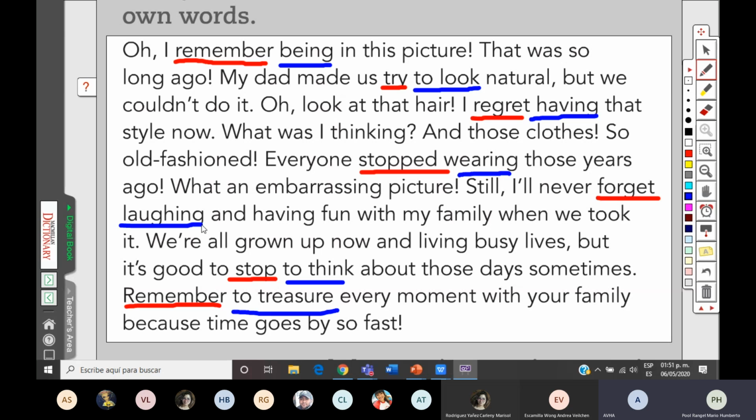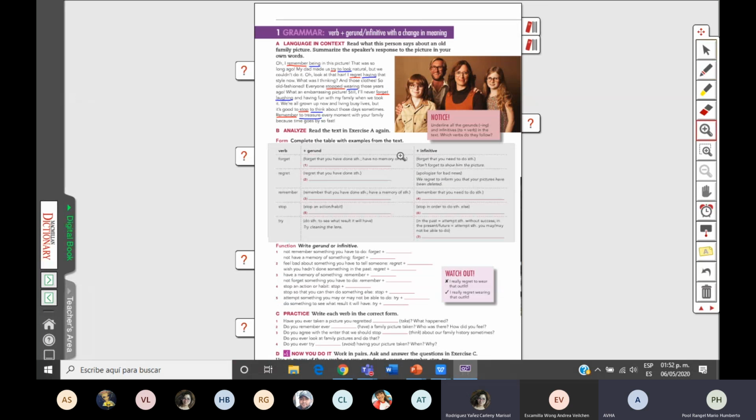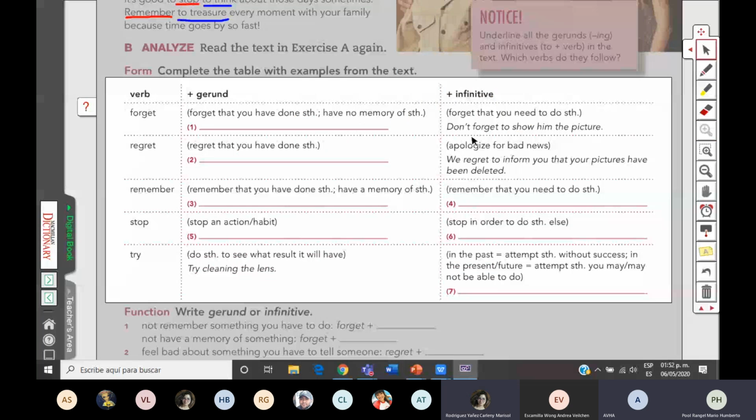However, if I want to use gerund or infinitive, the meaning is going to be different. ¿Sí? Porque si yo uso remember being in this picture, ok, fíjense, ahorita lo vamos a ver acá abajo. Acá está la explicación. Y de hecho en la hoja que les puse también está la explicación. Cuando tenemos, vamos a empezar con remember. Acá. Si yo tengo